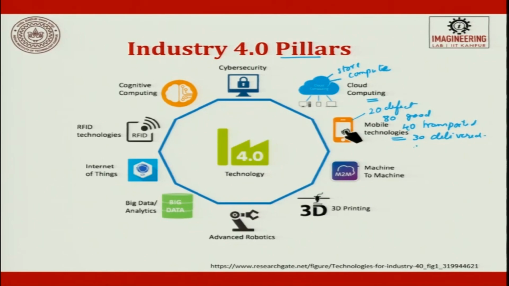Where is the truck moving from the inventory side, warehouse to the customer. All this information is getting integrated and online, and you can monitor it using this mobile technology. So, machine to machine. Till now we had a big challenge, a computer talking to a CNC machine, a computer talking to a CMM machine, a computer talking to a robot. Now what is happening is all these machines inside manufacturing have started talking to each other.